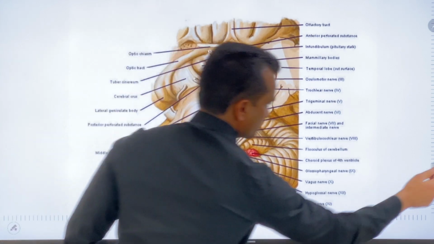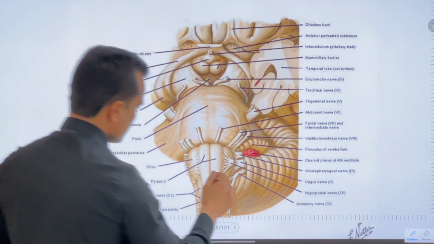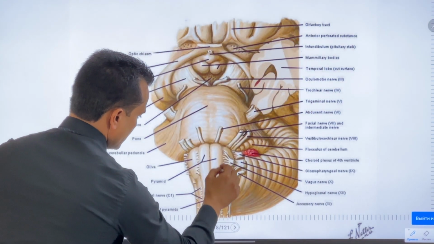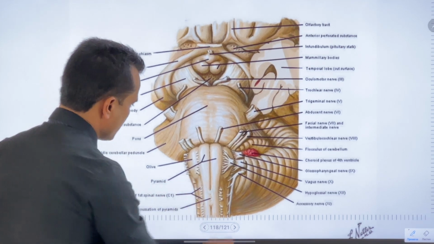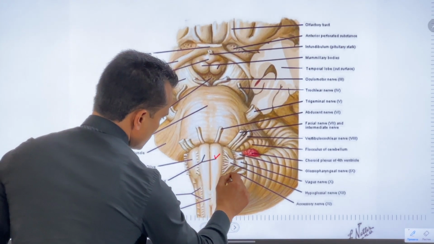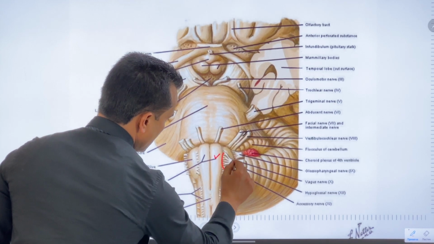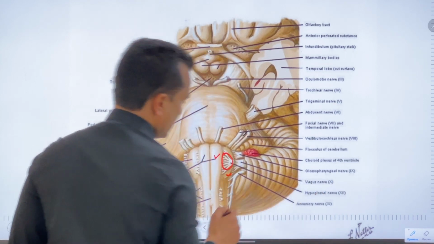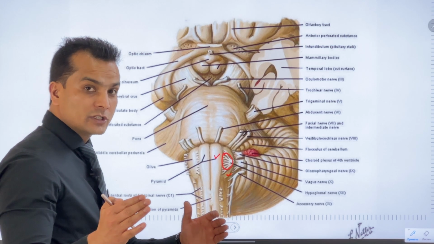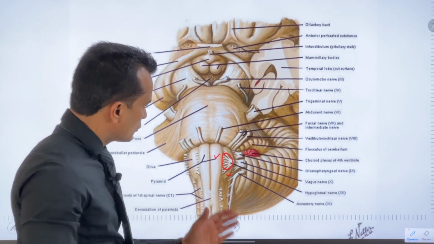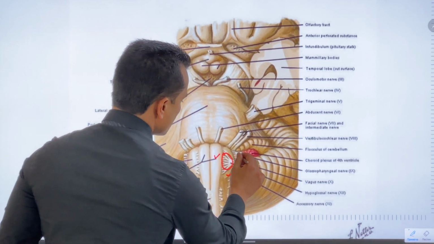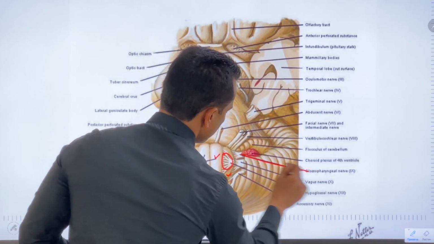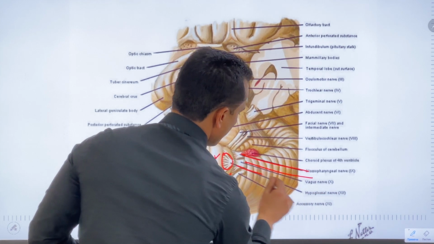So look, please. From the medulla we basically have the last 4 cranial nerves. This part is the pyramid and this is the olive. Between the pyramid and olive, you can see this is your 12th cranial nerve, which is the hypoglossal nerve, which innervates your tongue muscles. So this cranial nerve originates between pyramid and olive, and 3 cranial nerves, glossopharyngeal, vagus, and the